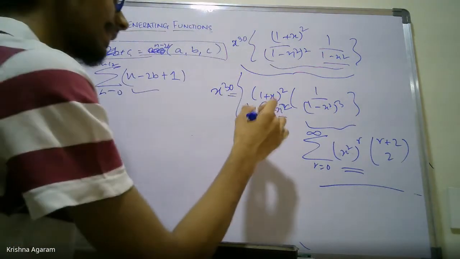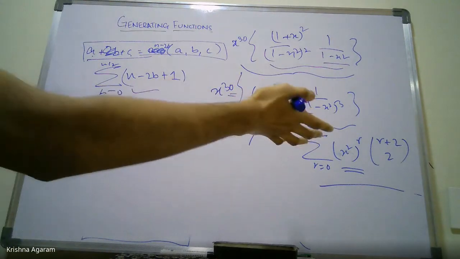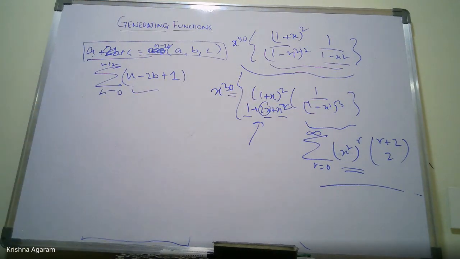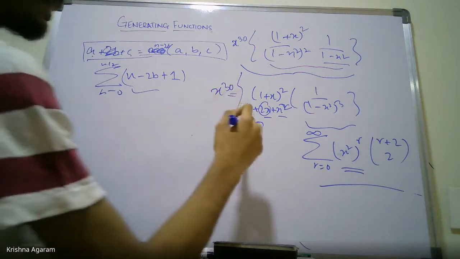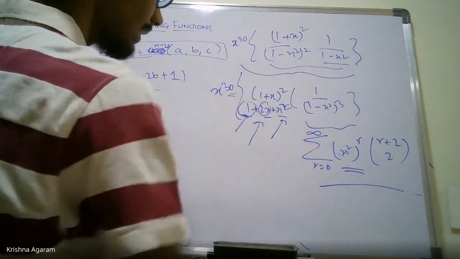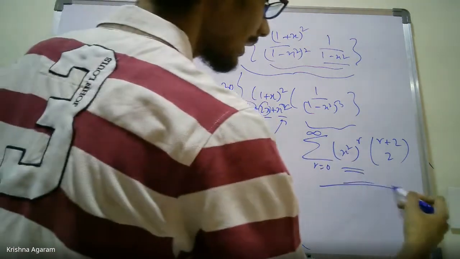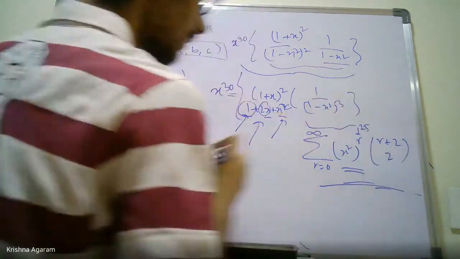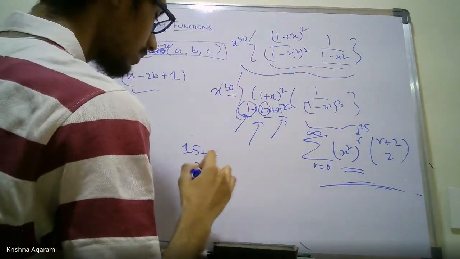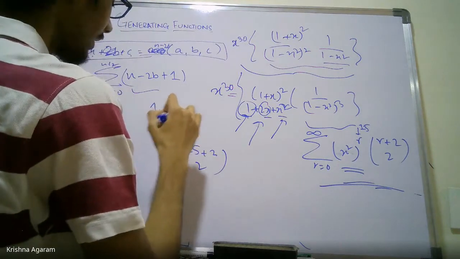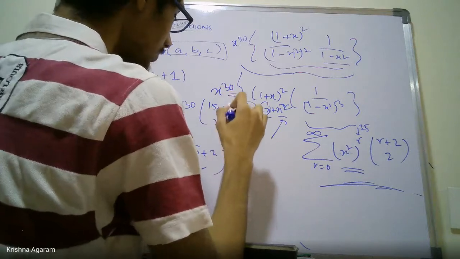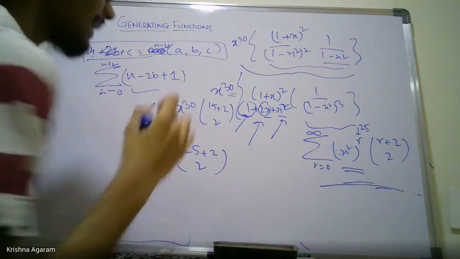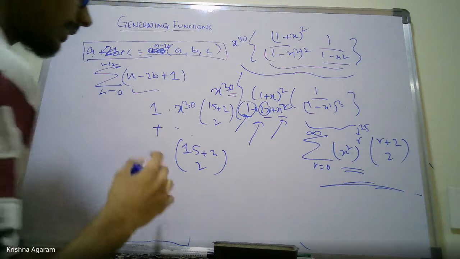So of course you can't pick the linear here, right? Otherwise you won't get anything. There are only even degree terms there, so you won't get to 30 if you add the degrees. So basically you have to choose either this or this. If you choose the 1, then you'll have to choose the x power 30 thing here, so that r is 15. So that adds a coefficient of 15 plus 2 choose 2. Right? You're just trying to find all the x power 30 terms.